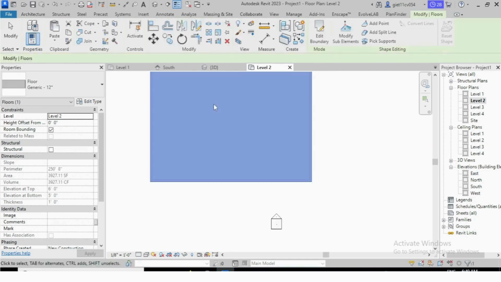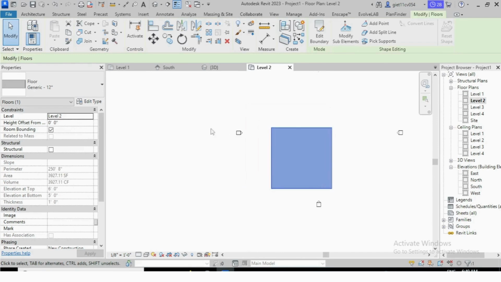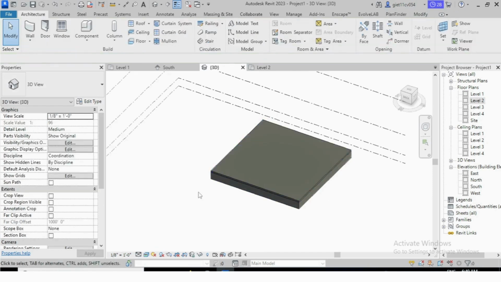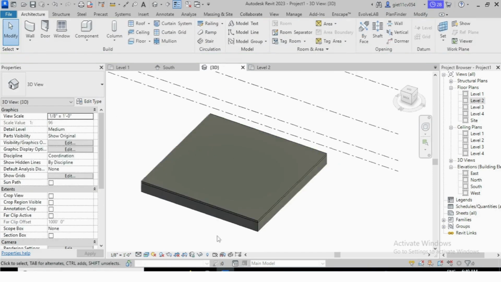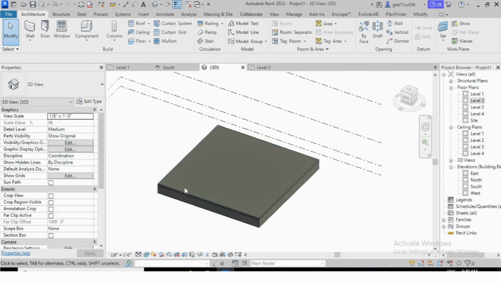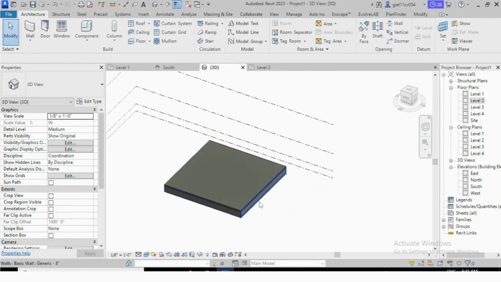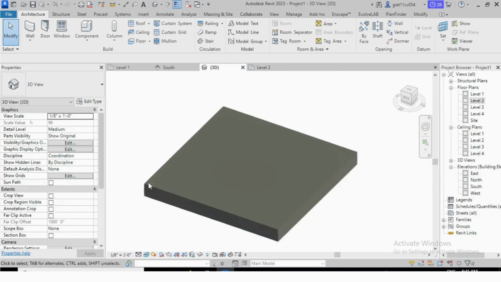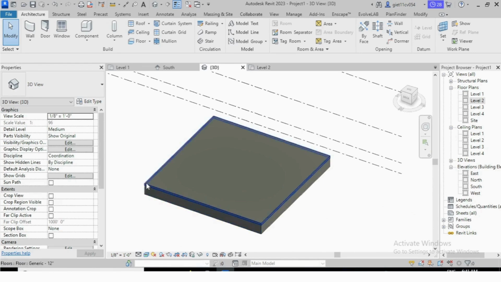Okay, now go in 3D and you can see from here we will start. Now we have to place columns over here.